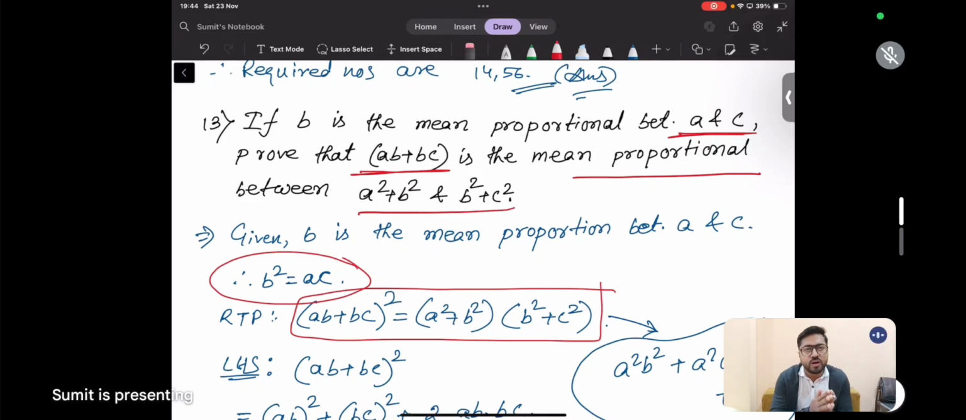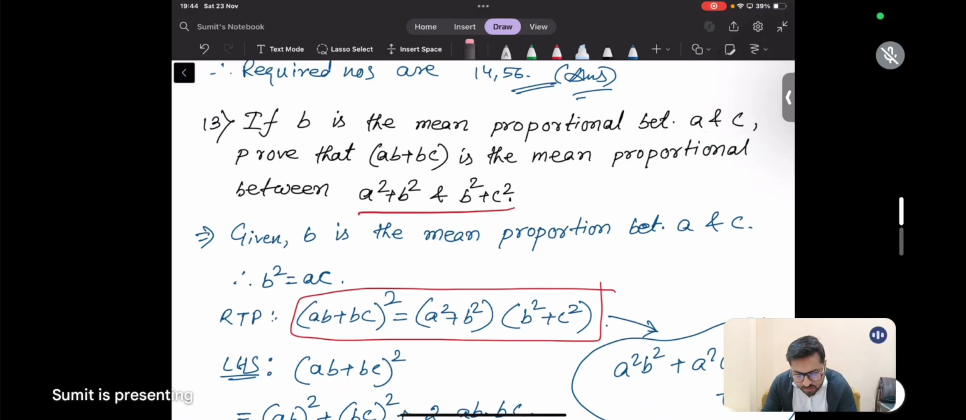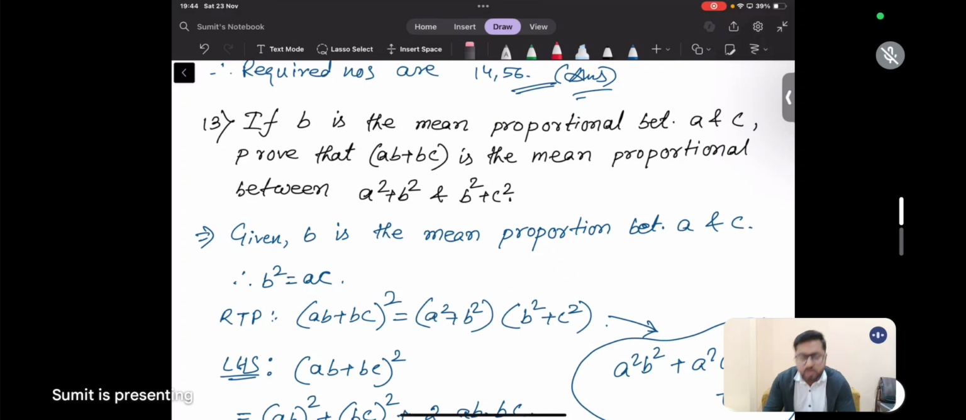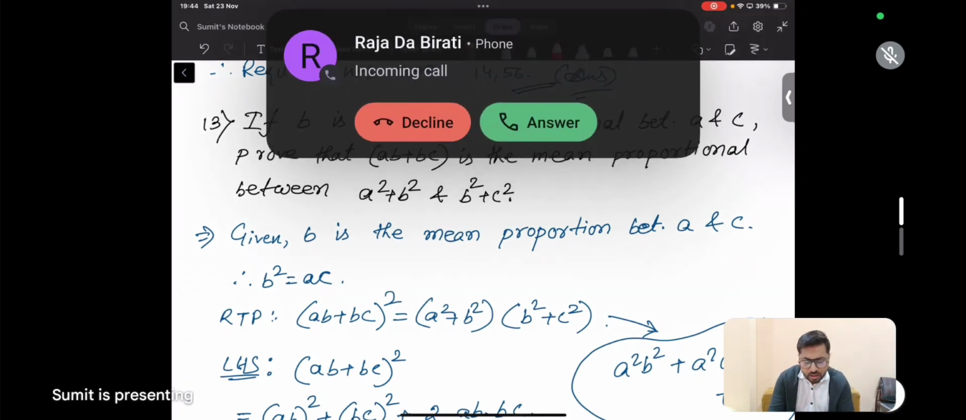যেটা mean proportion হয় ওটার স্কোয়ার ইকুয়াল টু প্রোডাক্ট অফ দ্য আদার টু, তো mean proportion is AB plus BC, তার স্কোয়ার ইকুয়াল টু প্রোডাক্ট অফ দ্য আদার টু, মানে A স্কোয়ার প্লাস B স্কোয়ার ইন্টু B স্কোয়ার প্লাস C স্কোয়ার, তো এটা প্রুফ করতে হবে, ঠিক আছে। তো RTP দিয়ে গিভেন ইনফরমেশন, দেখ আমার প্যাটার্নটা ভালো করে যদি ফোকাস করিস না তো তোর সাম করতে ইজি হয়ে যাবে, ওই প্যাটার্নটাই ফলো করতে হবে, ঠিক আছে। সো হোয়াট ইজ দ্য প্যাটার্ন,